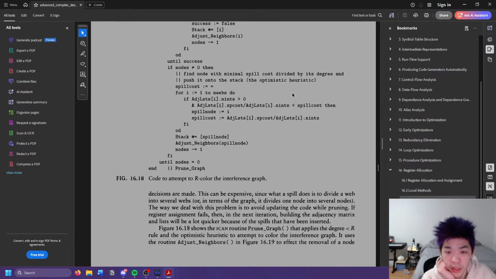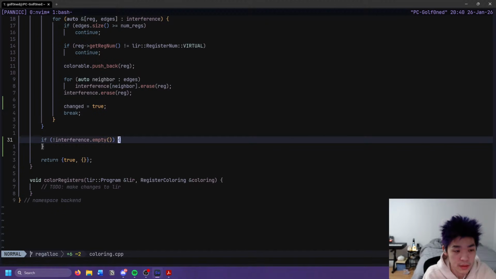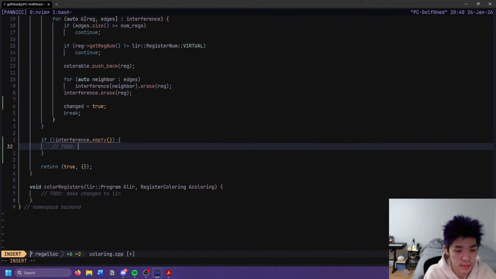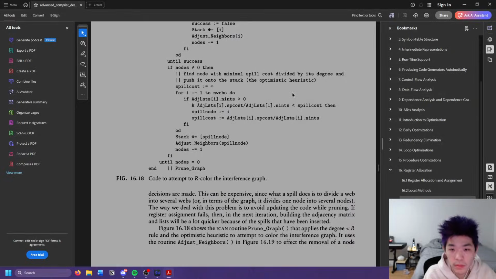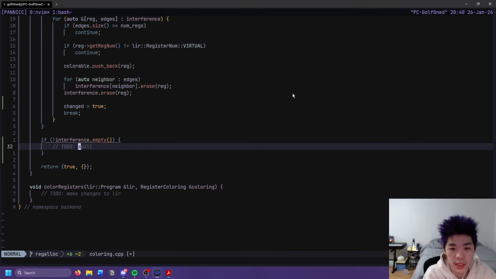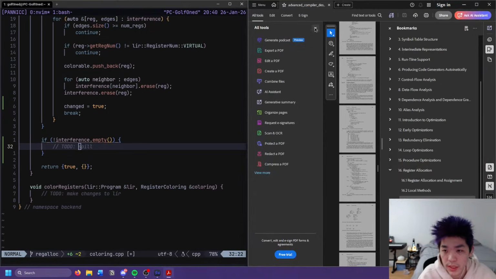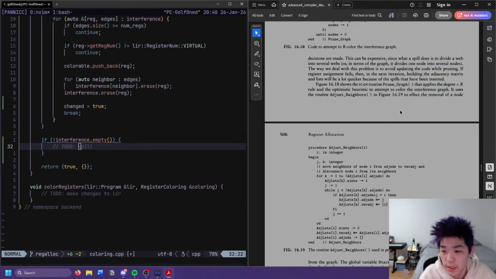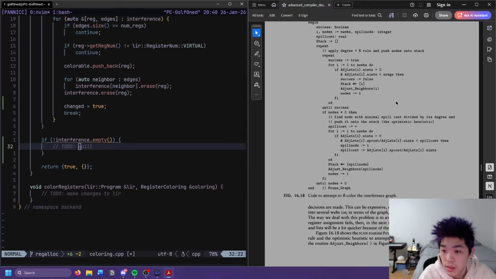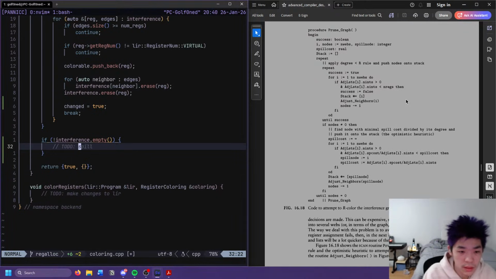Okay, what am I doing here? I guess what we could do is just spill the most immediate node. I guess we could just copy what this says for now, and then we can be lazy with it. We can build it out later. Okay.